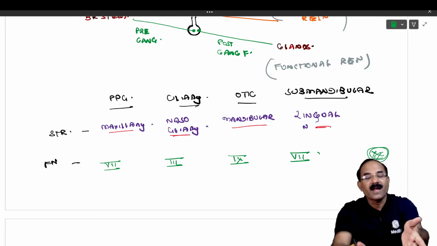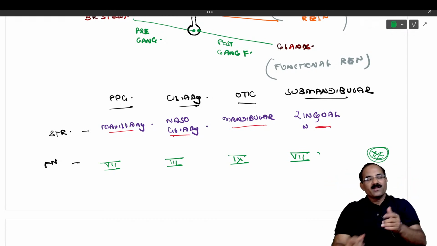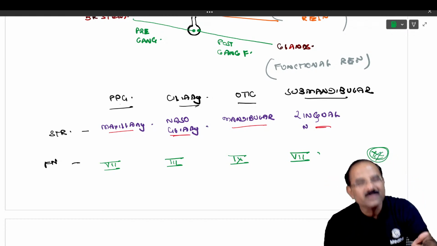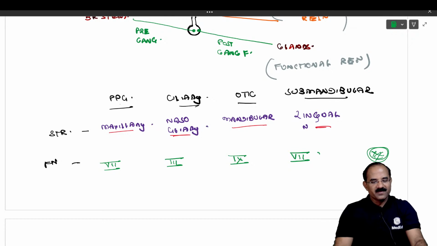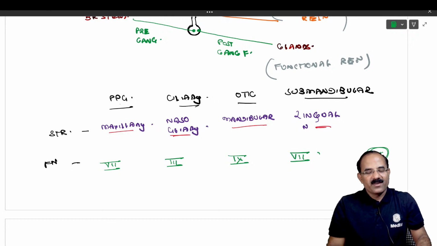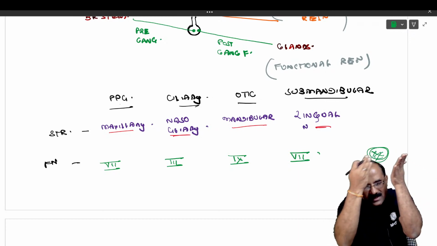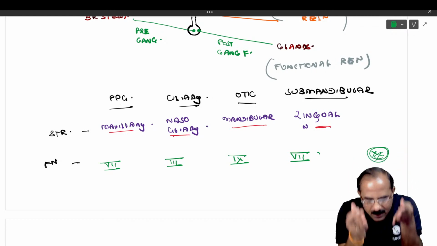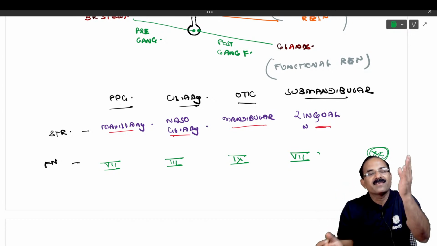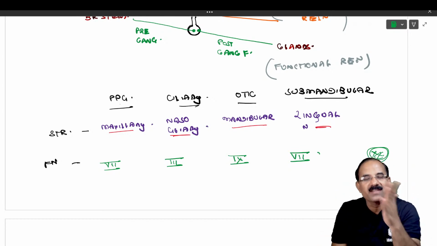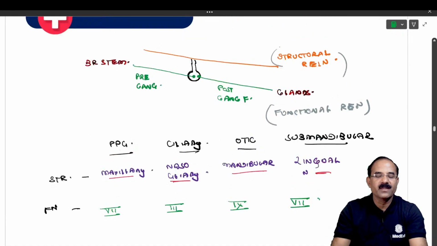वो क्या है? That is the parasympathetic nervous system. The functional component is representing what? The parasympathetic nervous system. Functional component is the parasympathetic nervous system. मतलब the nerve begins from the brainstem, comes in the ganglion, relays in the ganglion. अब जो post ganglionic fiber जाएगा to supply the glands, that is functional. That is parasympathetic nervous system. समझ में आ रहा है? Look, this is beautiful. You understand it now.